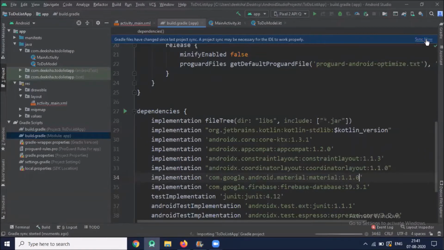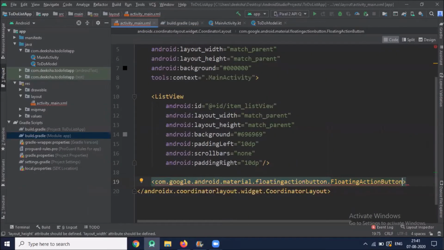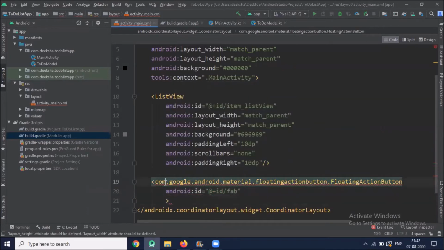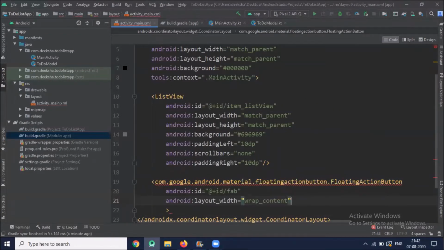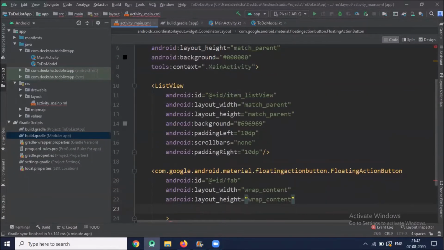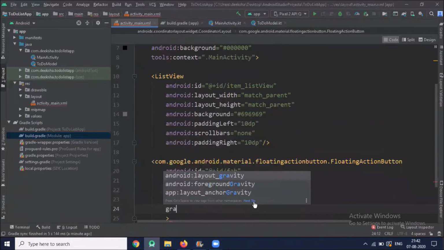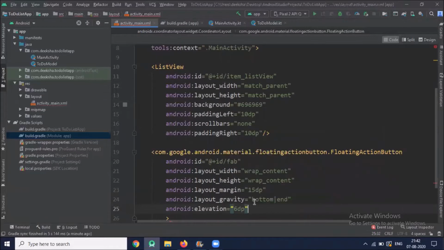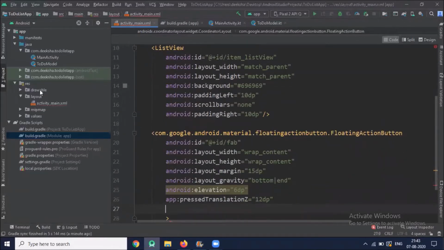Now click on Sync Now. Now we will add one vector.